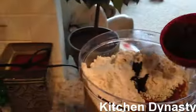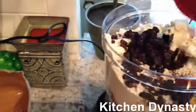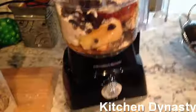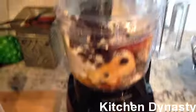I add the raisins. I'm adding a 1/2 cup organic raisins. Put the top on the food processor. Now I'm going to grind it and see how the...